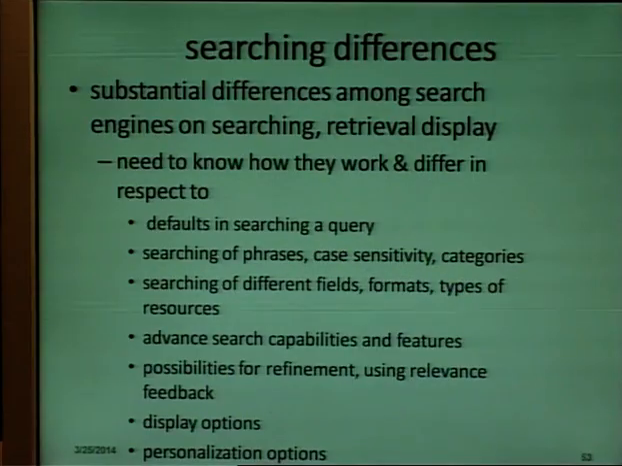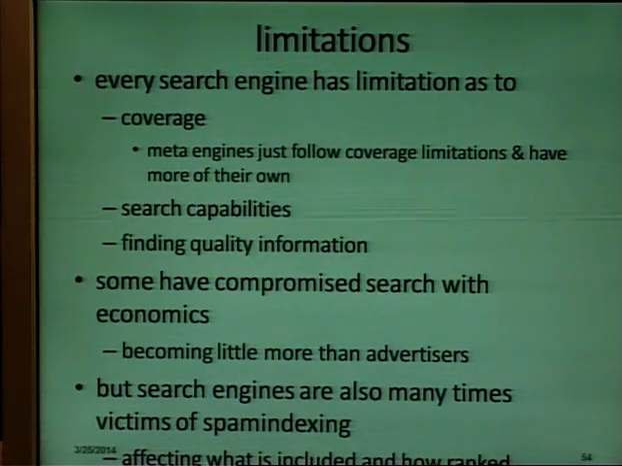Searching differences: there are substantial differences among search engines in searching, retrieval and display. You need not know how they work, and they differ with respect to searching a query, searching of phrases, case sensitivity, categories, searching of different labels, formats, type of resources, display options, personalization options, etc. There are various limitations regarding coverage, search capabilities and quality of information. Some have compromised search with economics as well, and search engines are also many times victims of spam indexing, which is affecting what is included and